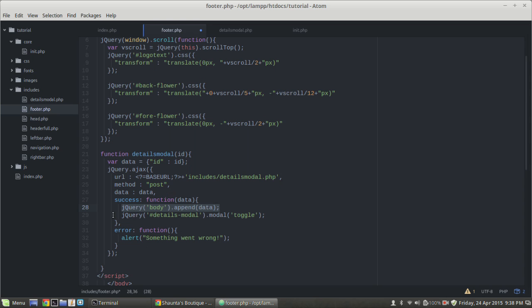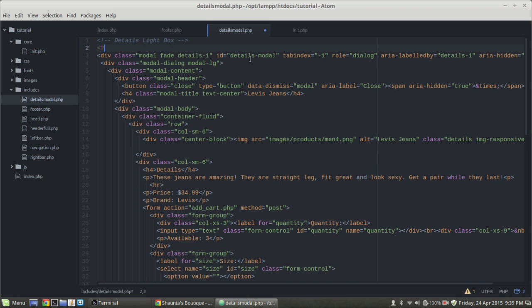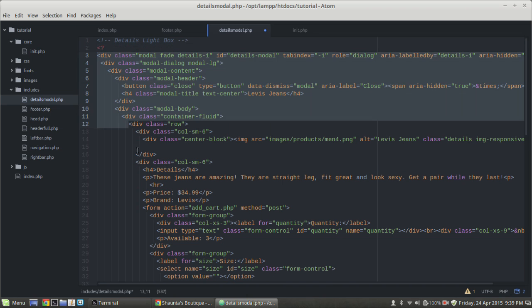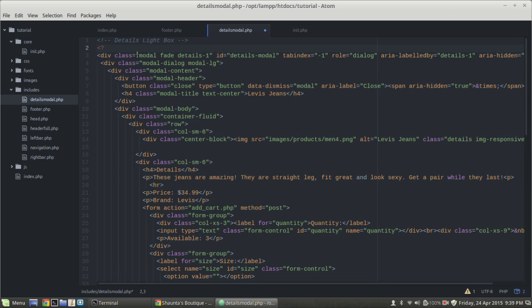It's going to add it to the page. Once it's added, the next line of code is going to open that modal. This is going to be passed back to our Ajax request. In order to do that, since we have so much here, we could echo, but we don't want to echo all of this. That's not efficient at all. So what we're going to do is use